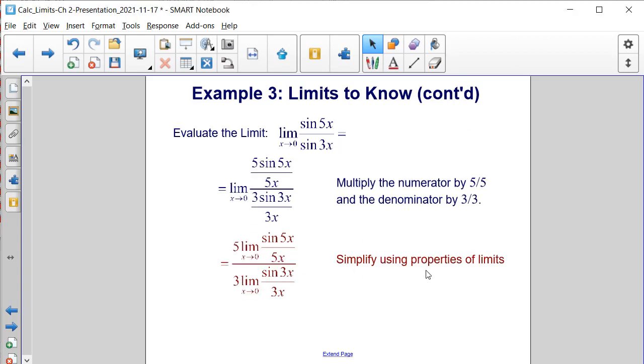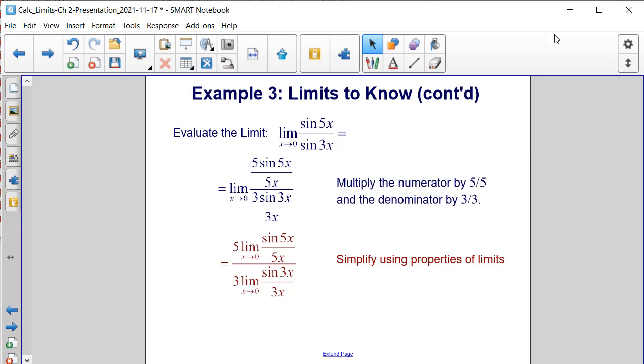Then we can simplify it further using the properties of limits. We can take the coefficient of 5 from the numerator outside of this limit, and then we have 5 times the limit of sine 5x divided by 5x as x approaches 0, and we can do the same with this 3 coefficient that's in the denominator. We can pull it out, and now we have the limit of the sine of 3x divided by 3x as